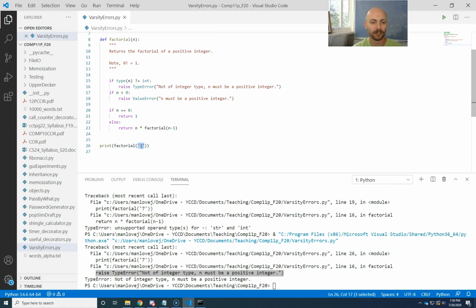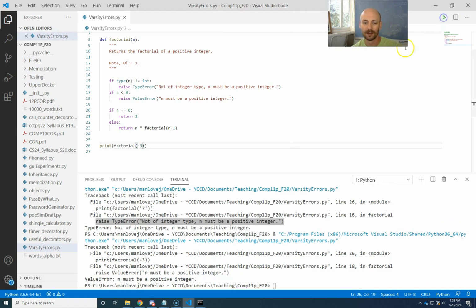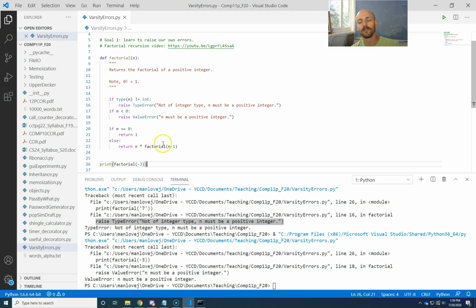What if I did, say, -3? N must be a positive integer. That's a value error. Cool. All right, so I've got this thing more or less working the way I want it to. All right, now I'm going to deal with a perennial problem that I've had. Actually,